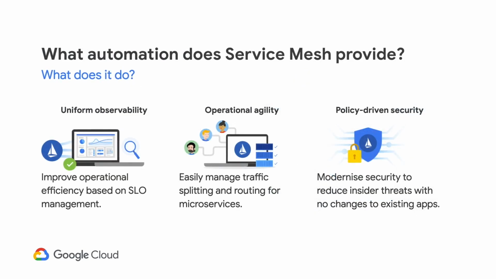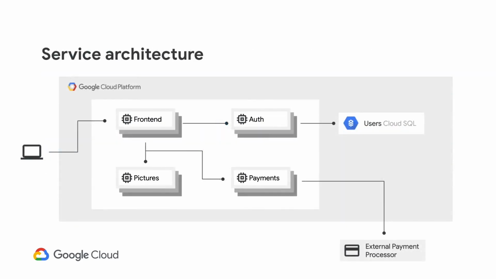So you get things like observability. You can look at all the state of your application throughout. You can get things like the ability to split and route traffic based on your application. And I'm going to show you an example of this, which will, I hope, make things a lot clearer. And then you can apply some policies as well to make sure that your application is working exactly the way you expect. So let's have a look at a simple application.